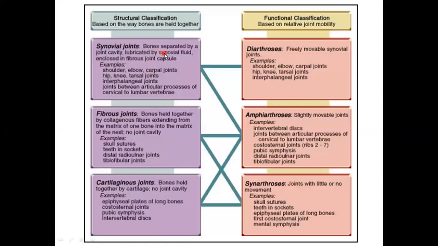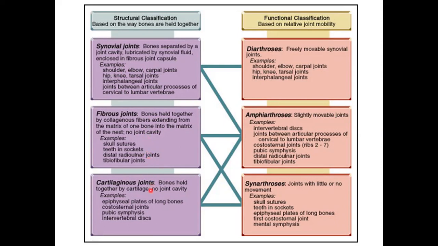In synovial joints, the bones are separated by a joint cavity, which contains synovial fluid, enclosed in a fibrous joint capsule. Examples are shoulder, elbow, carpal, hip, knee, tarsal joints, interphalangeal joints, and joints between articular processes of the cervical to lumbar vertebrae. Then there are fibrous joints. In these, the bones are held together by collagenous fibers extending from the matrix of one bone into the matrix of the next. There is no joint cavity. Examples: skull sutures, teeth in the sockets, distal radioulnar joint,